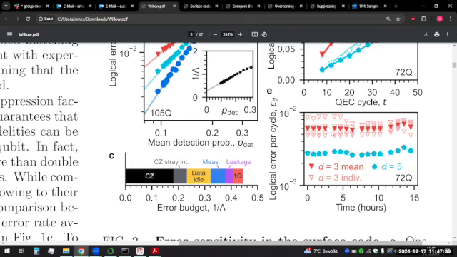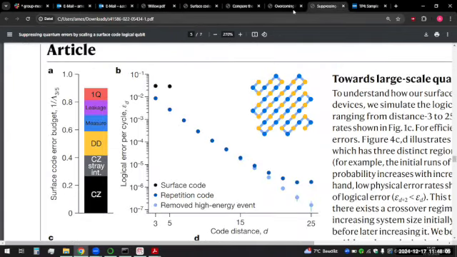So here what ends up happening is you can see that this d is equal to 3 on the individual. You have multiple d is equal to 3 iterations. And here you can see that one of them seems to have a very different logical error rate. So there seems to be one qubit that is pretty bad. And we can also,